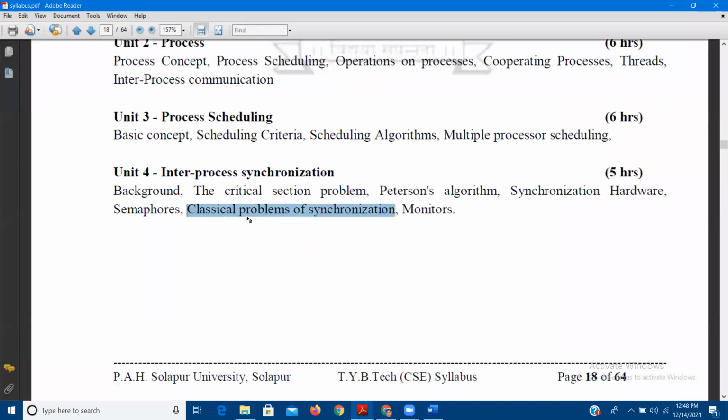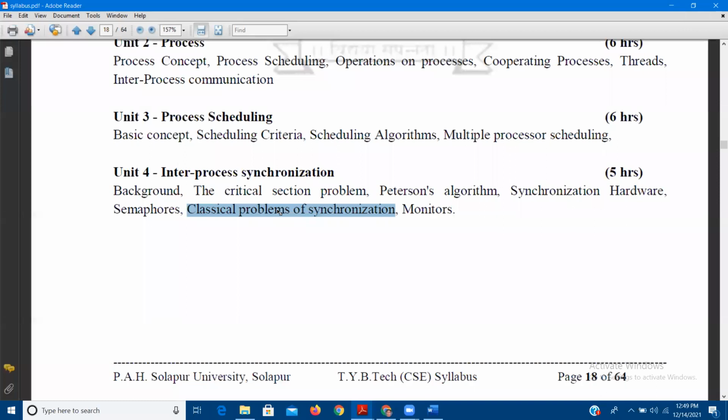Under classical problems of synchronization, three real-life problems are given. I will not show any kind of notes here, so we'll discuss. The first problem is the producer-consumer problem. We already discussed that problem. So what is the producer-consumer problem? There may be more than one producer and more than one consumer.